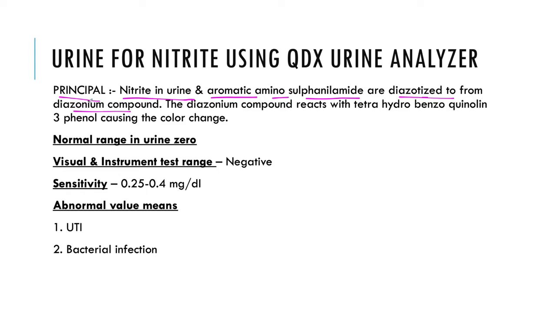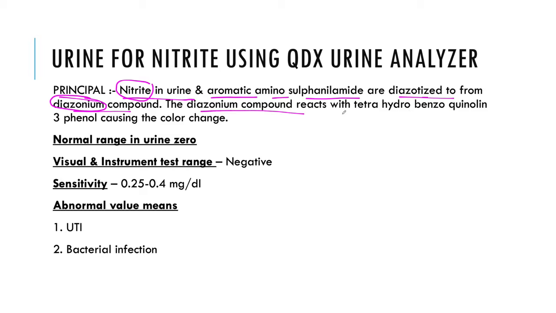So you have to remember this well. If nitrite is present in urine, then the aromatic amino sulfanilamide present in the reagent is diazotized to form the diazonium compound, and this diazonium compound reacts with the